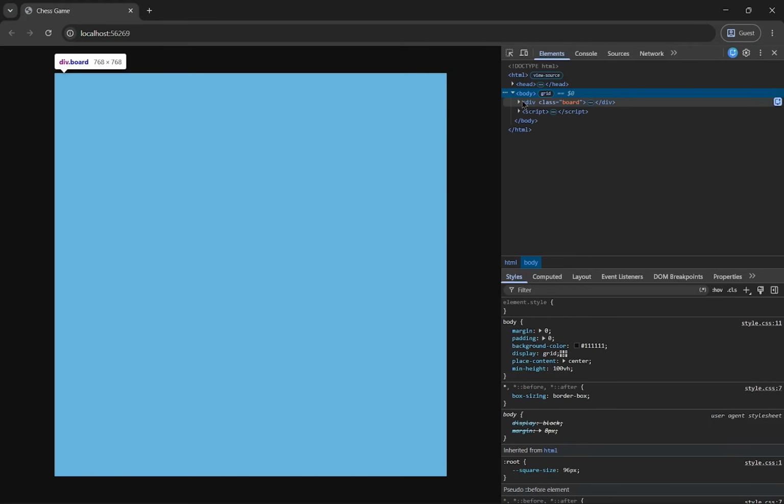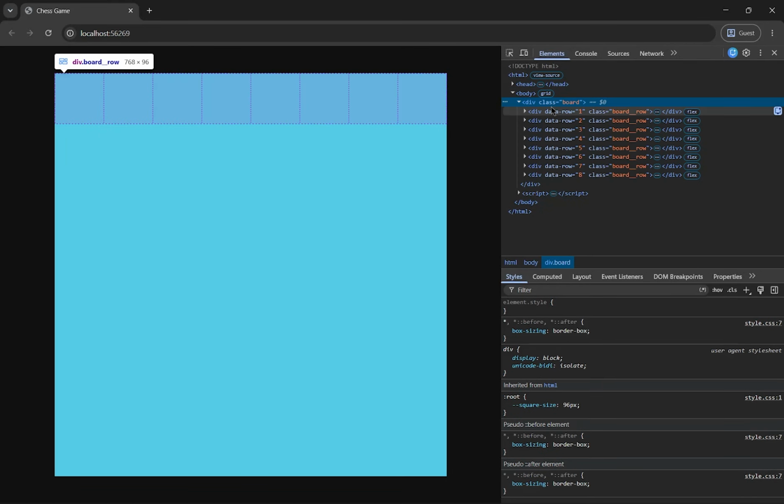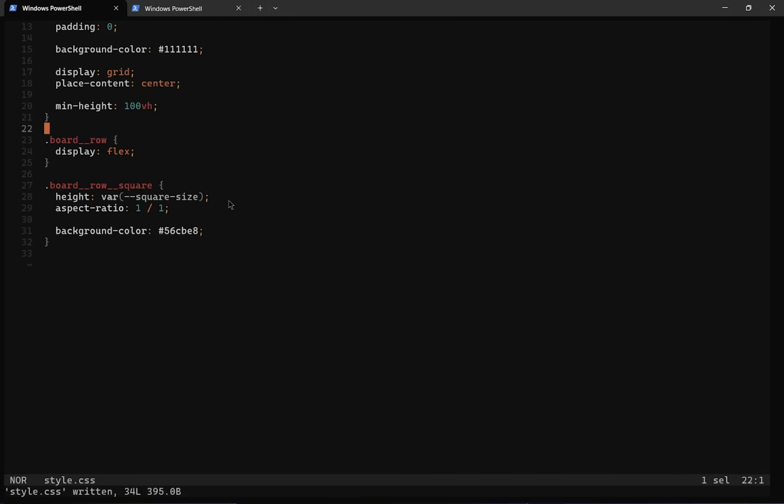There is one problem though, and if we go to the body, then the board, you can see that the first row is actually on top, which is not correct. If you are playing as white, and which we'll be assuming that's the case, the first row should actually be at the bottom here. So let's actually fix that. How could we reverse the order is the question, right? So the easiest way to do it is to go to the board